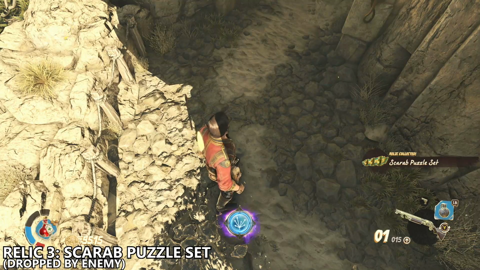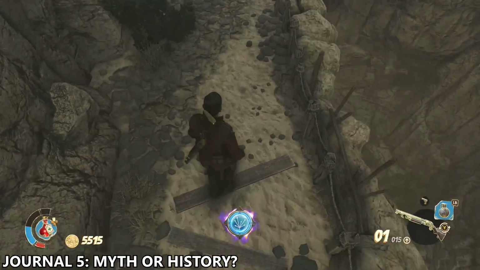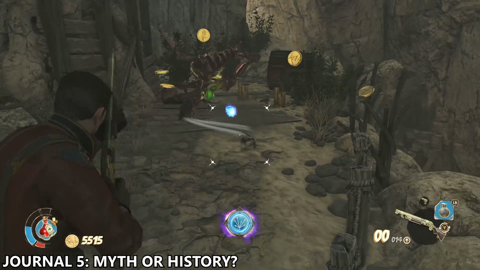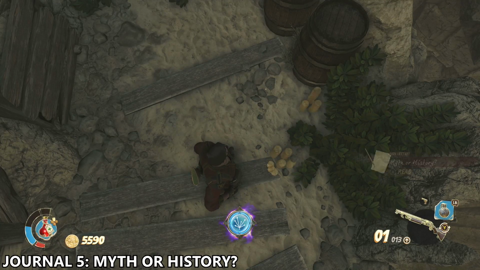Spot of antique acquisition. So after I picked up the relic, I'm going to now backtrack to that bridge, and instead of turning to the left, if I had turned to the right and followed the ground, I would have found my 5th journal called Myth or History on the right-hand side of the path right here. Oh, jolly good. A nice...